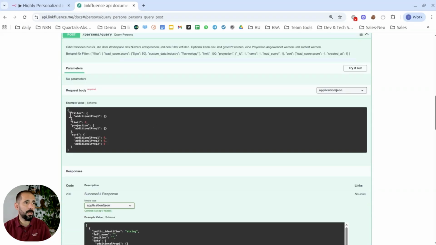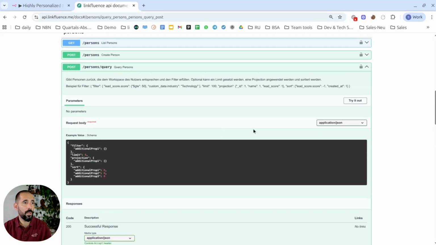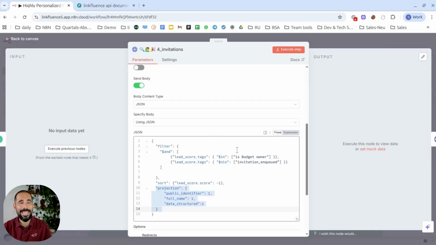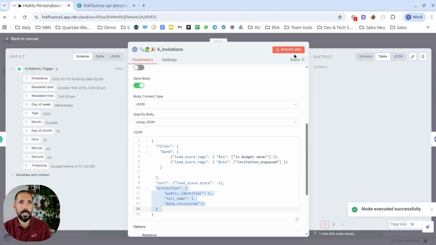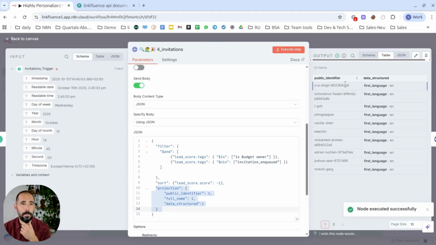And there you see which parameters I can send to this endpoint in order that the Linkfluence platform sends me the right persons back. You can also make tests here, or of course here directly in the n8n node to see if you're really getting those records that you need. Let's try this here to see if this node is working fine. And voila, these are the 20 people that I scored in my last example